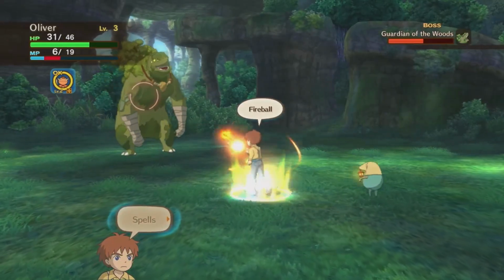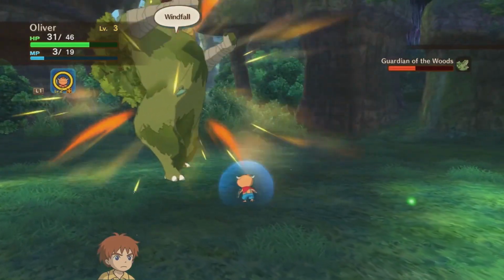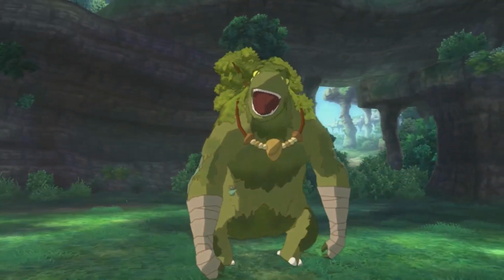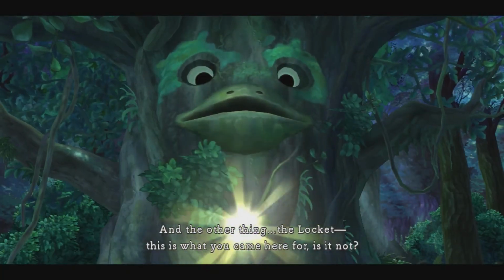We'll continue casting Fireball with Oliver until he is out of MP, after which we'll swap over to Mighty to attack. A gold glim is scripted to appear in this fight, which we'll grab and use with either Oliver or Mighty to deal some massive damage to end the fight. After calming down the Guardian, we'll return to Old Father Oak, who teaches us the Take Heart and Give Heart